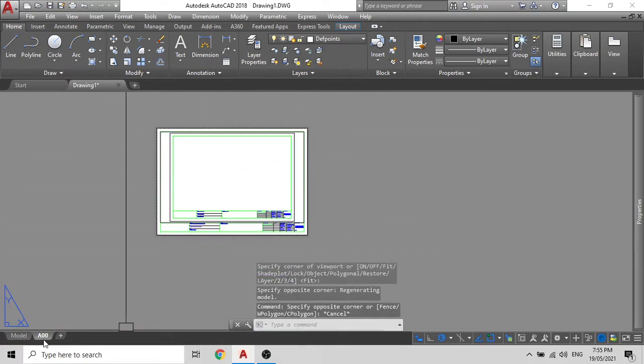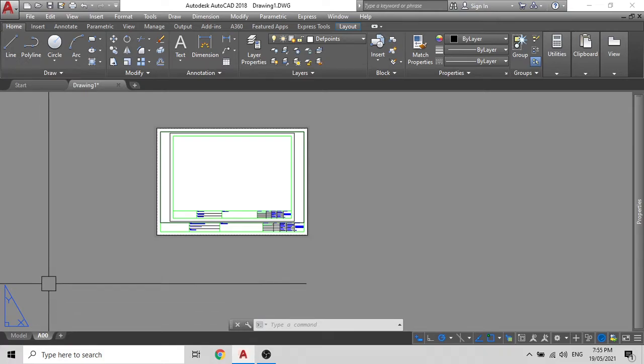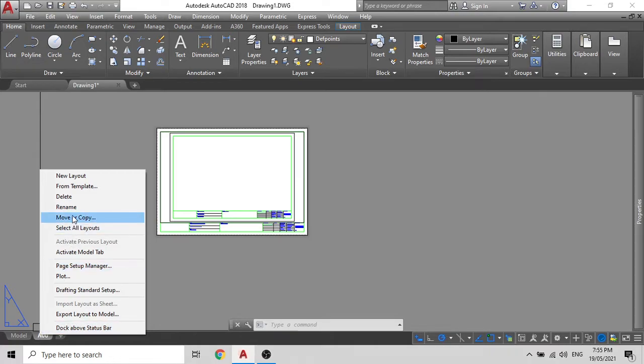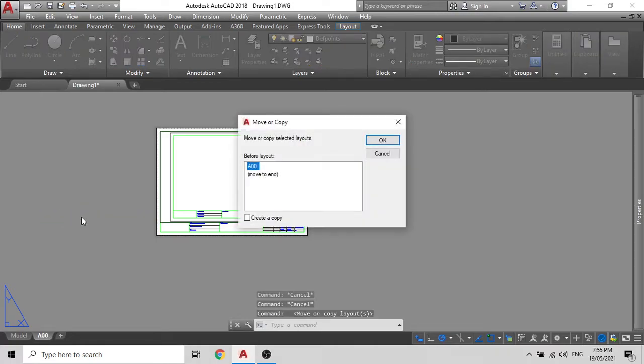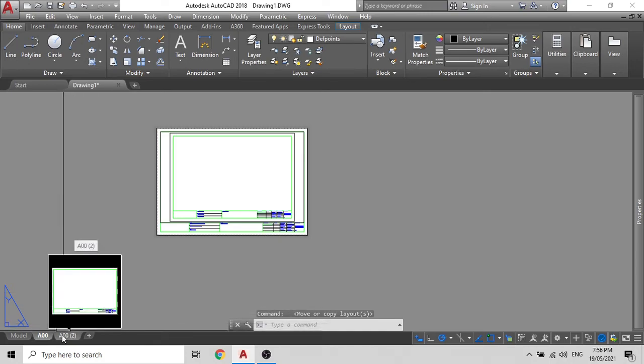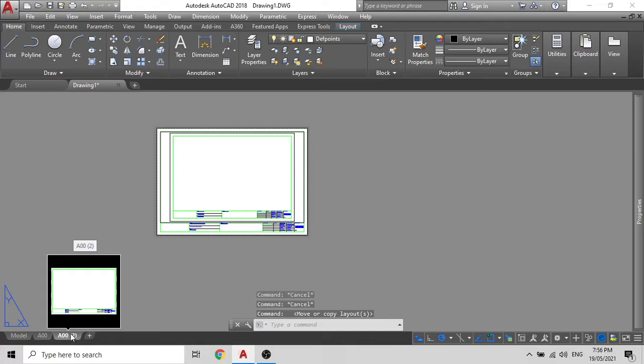Let me show you how to make copies of this tab so that they reflect. So after A00 will come A01. Basically what you have to do here is when you want to copy this, you have to right click on this tab, then click on move or copy, then select the tab that you wish to copy, create a copy, move to end, then click OK. When I say move to end, it will move it right to the end. It will not leave it anywhere unorganized. So your new copied tab will be shown like so.